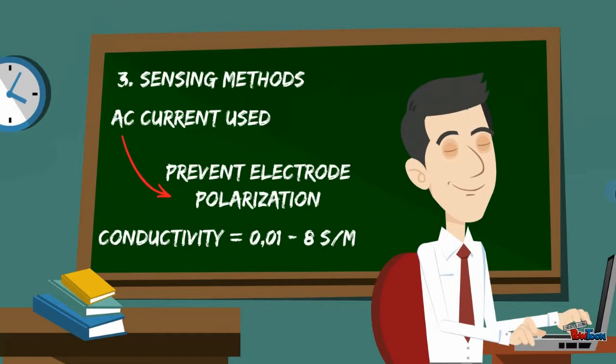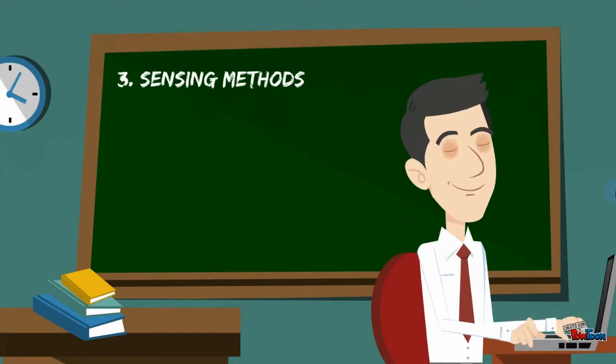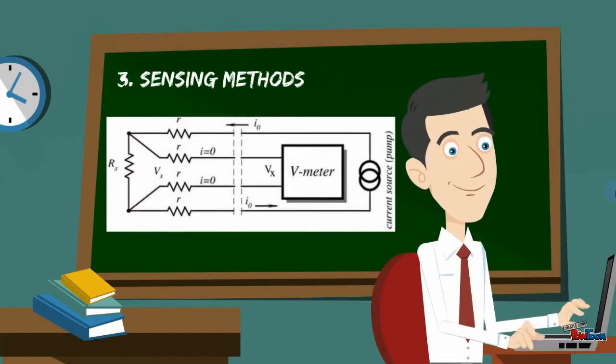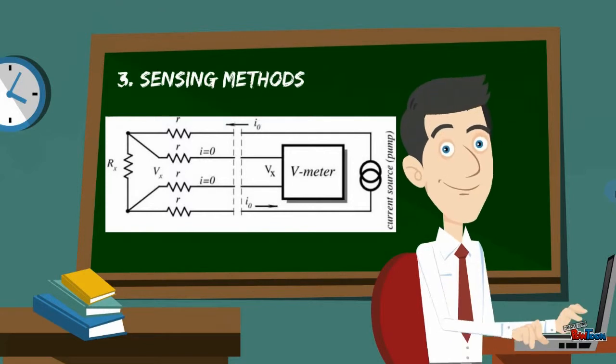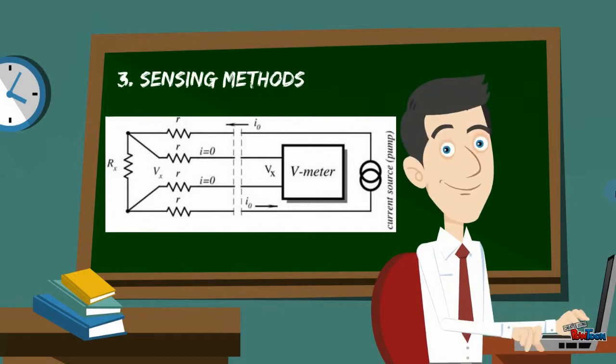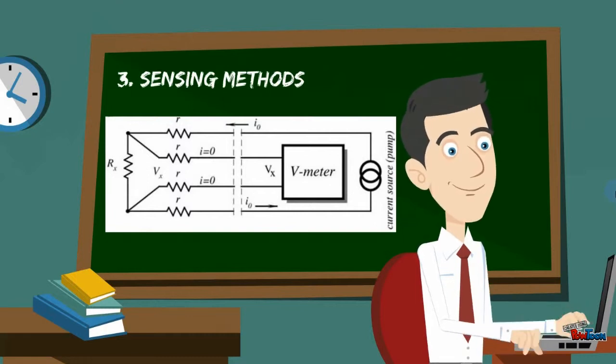Electrical current from a current generator will be passed through the implanted conductor in soil. Inner resistance of the conductor is much less than the soil resistance Rx. A constant current source or current pump has a very high output resistance. Therefore, the current which it pushes through the loop is almost independent of any resistance R in the loop. An input impedance of a voltmeter or amplifier is very high, hence no current is diverted from the current loop to the voltmeter. A voltage drop across the resistor Rx is